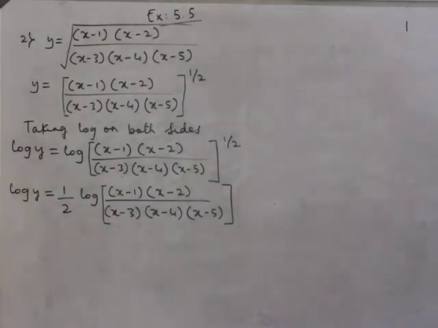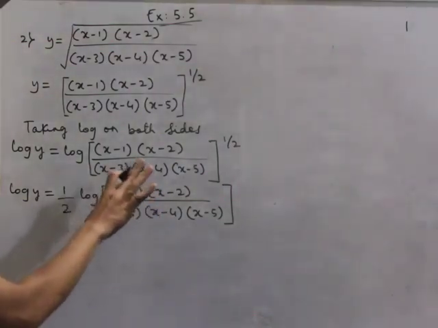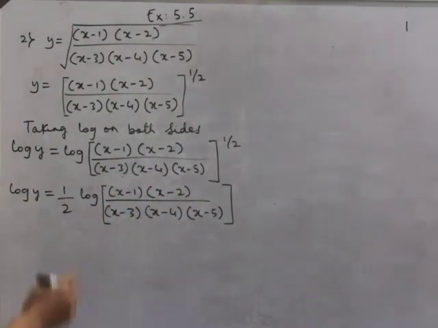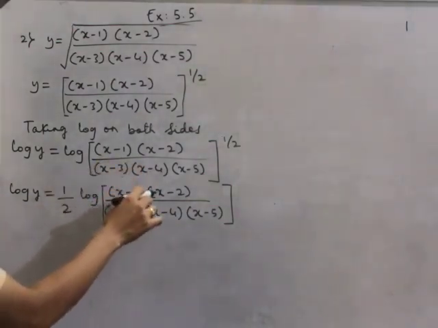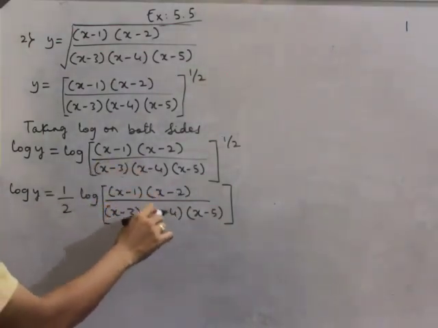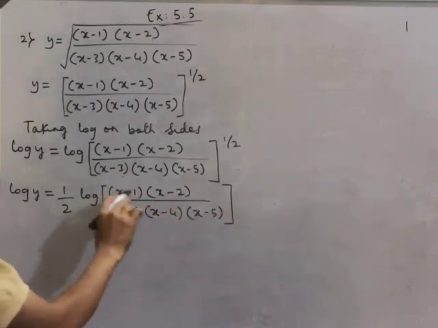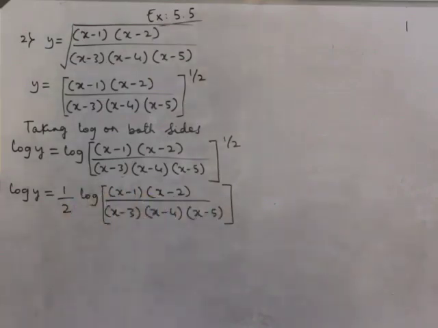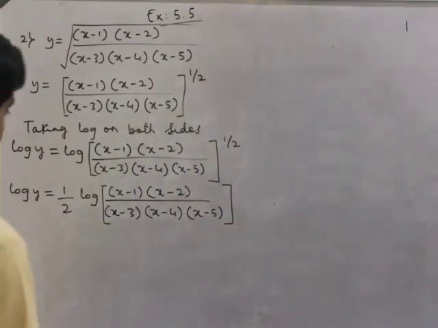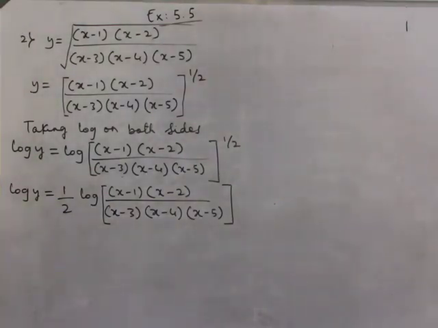Okay, so it is not yet over. We are not going to differentiate as of now. Still we have to simplify this as per logarithmic rules. It is not completely simplified. If you differentiate at this point, it will be very complicated. This thing will become 1 by (x minus 1)(x minus 2) by (x minus 3)(x minus 4)(x minus 5) into differentiation of this term. So you should try to reduce the complexities as much as possible, and then differentiate.